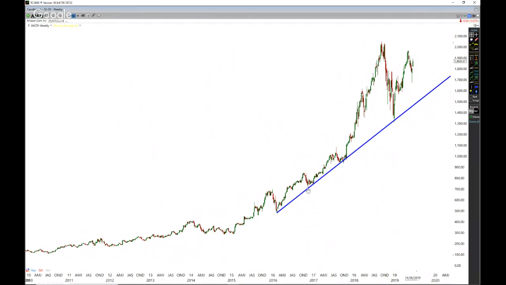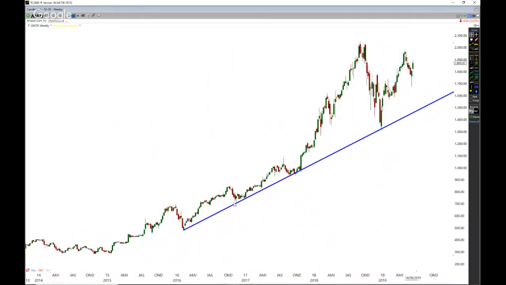A significant higher low through here, significant higher low, significant higher low, and then the market ran up, came down, came back up. Notice how we created this high through here. So if I draw another trend line from this ultimate high point to this low point, notice how we're squeezing up into a bit of a triangle pattern now in Amazon, which is really interesting. So we're squeezing up. We've got this pressurizing up through here, and we've got this squeezing up through here.